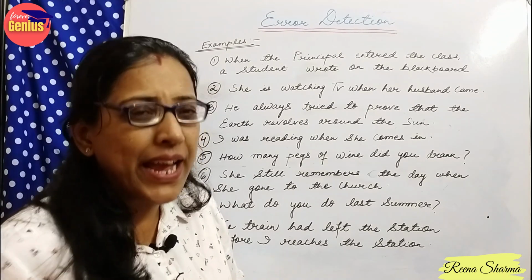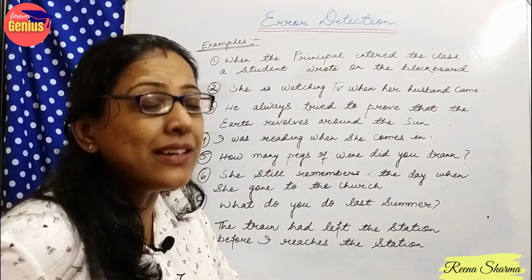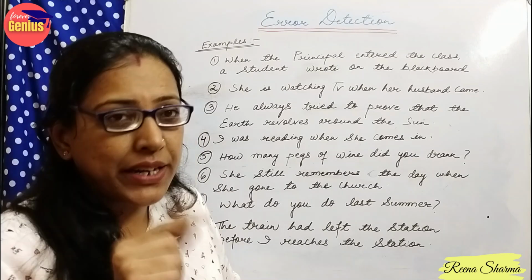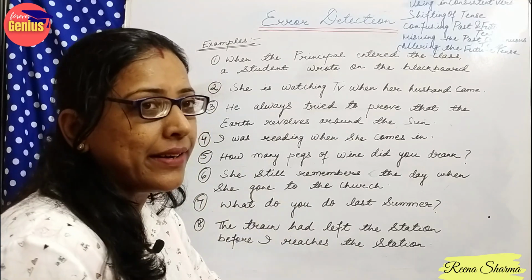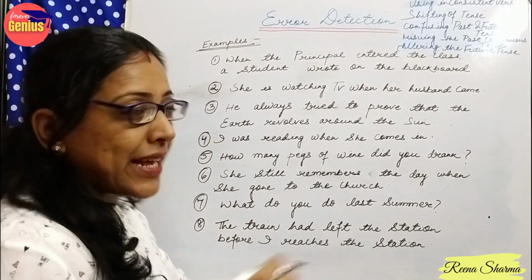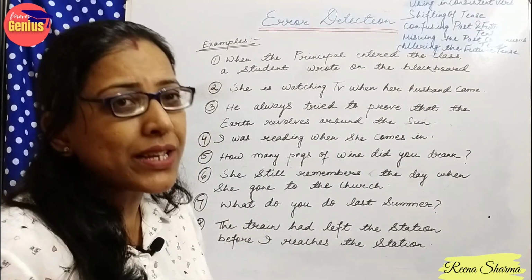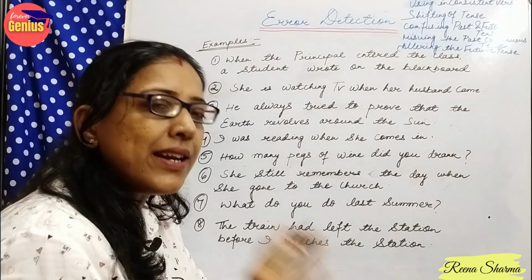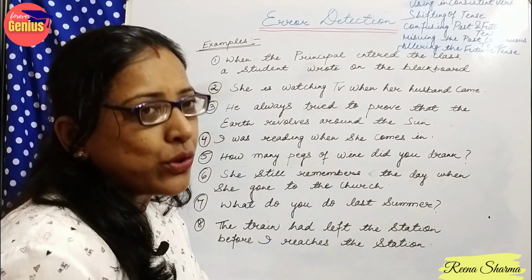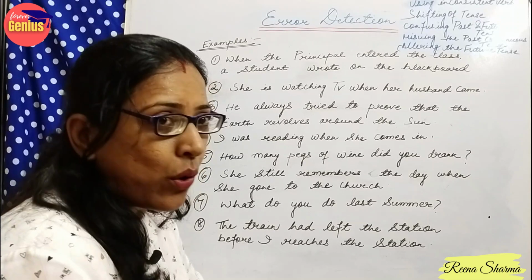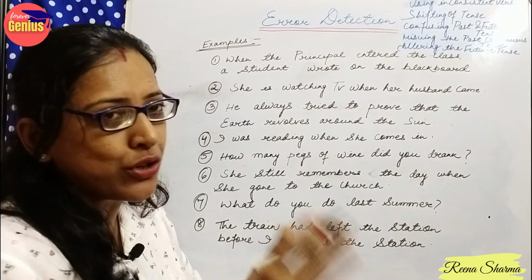Do we know what are the errors which we should look for when we are doing a sentence? Yes, we can identify them by keeping in mind 3 to 4 points. What are those points? So certain points we should keep in mind when we want to detect errors in tenses. What are those? First, using inconsistent verb. What is the meaning of using inconsistent verb? It means in a sentence, I am using present tense at one stage and I switch over to past tense in the second stage. But no, whenever we are dealing with tenses, if I started with past tense or present tense, we should maintain the order.